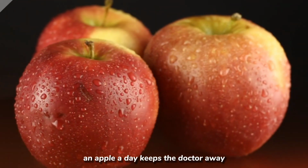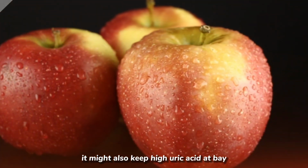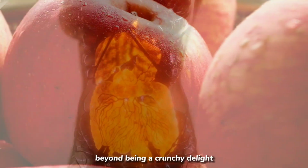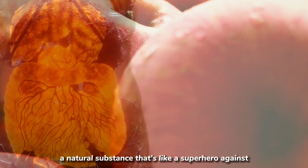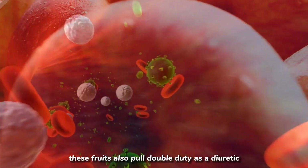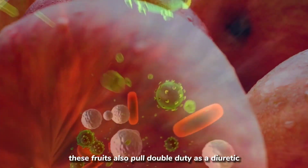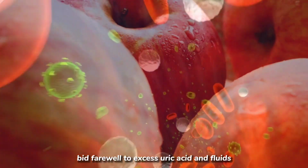An apple a day keeps the doctor away. And apparently, it might also keep high uric acid at bay. Beyond being a crunchy delight, apples contain malic acid, a natural substance that's like a superhero against uric acid crystallization. These fruits also pull double duty as a diuretic, boosting urine production to help your kidneys bid farewell to excess